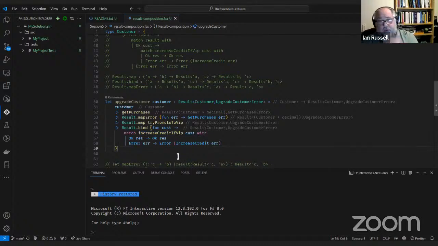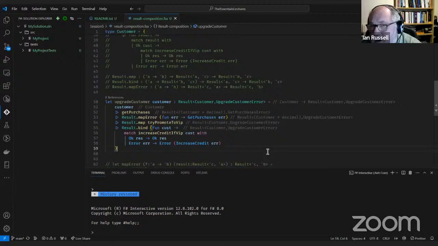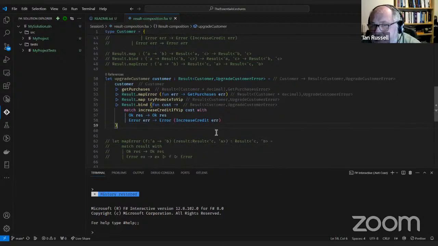So what I'm looking at now is what happens here, and this looks like map error. If you look at it, it doesn't do anything on the OK path, but on the error path it changes the error to this. So if we have a look at the definition of map error,